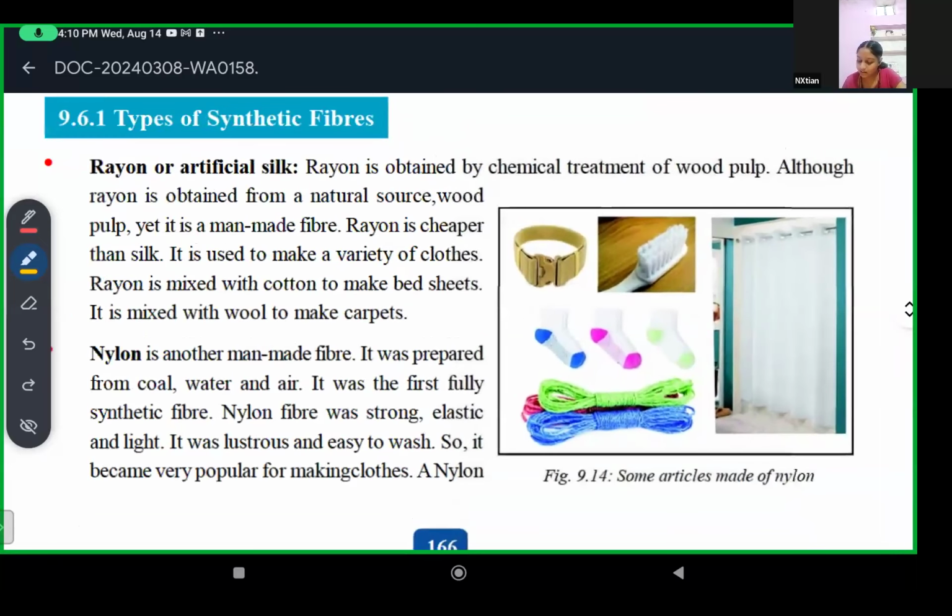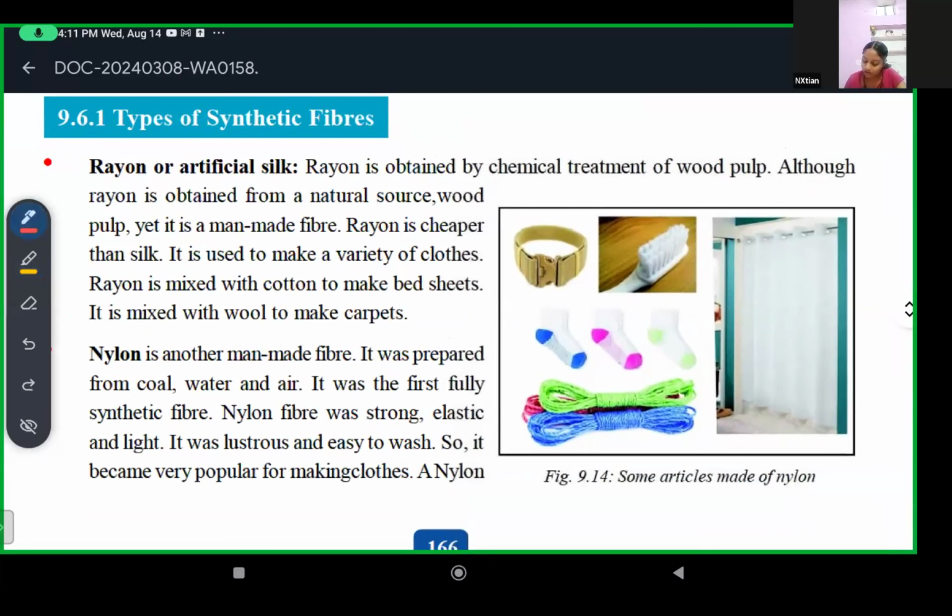It's cheaper than silk. It's used to make a variety of clothes. It's mixed with cotton to make bed sheets. Okay, mixed with wool to make carpets. Okay. So